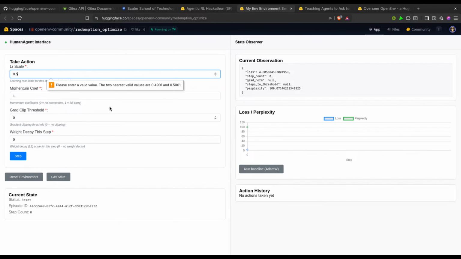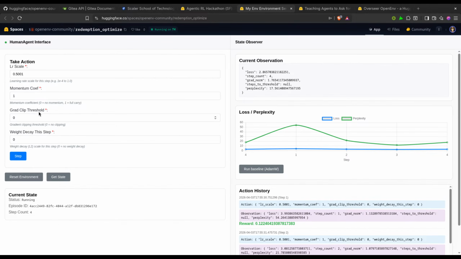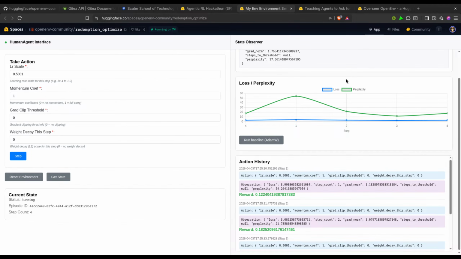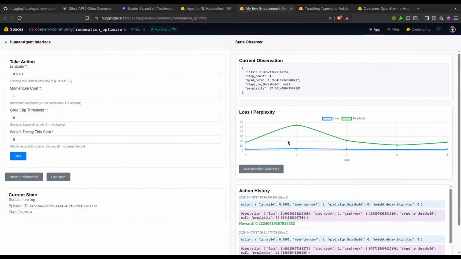The two nearest valid values. Okay, I have to set a range, right? Please enter a number. 5001. Okay, what was it doing? It is calculating the score, which I don't know if it has a use case. Is it?